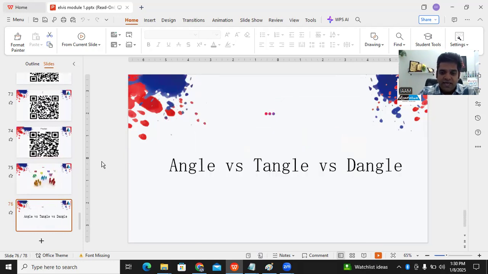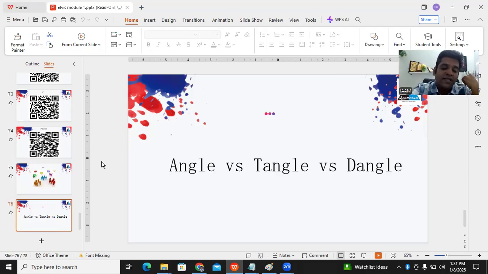Padlet.com. And Angle, Tangle, and Dangle is nothing but a recap activity which I have shared in 10 Magic Days as well, where you give them a topic, you ask them to revise all the 10 days, and the summarization of the entire course will be done using this method called Angle, Tangle, and Dangle. So ask them, what is the new perspective? Angle is what insights did they gain from the course? Tangle is what new perspectives they have now, and Dangle is whether there is something else they feel is not yet covered, needs to be explored more.